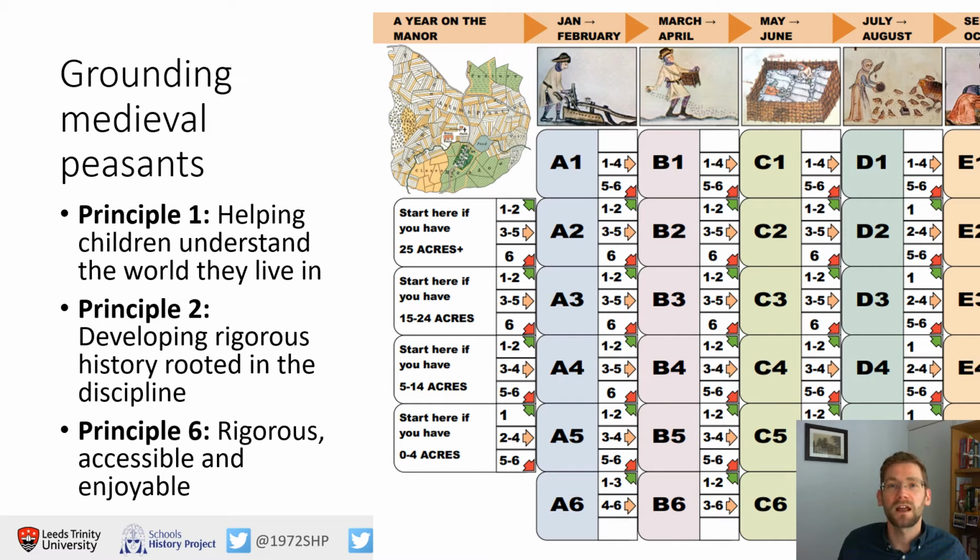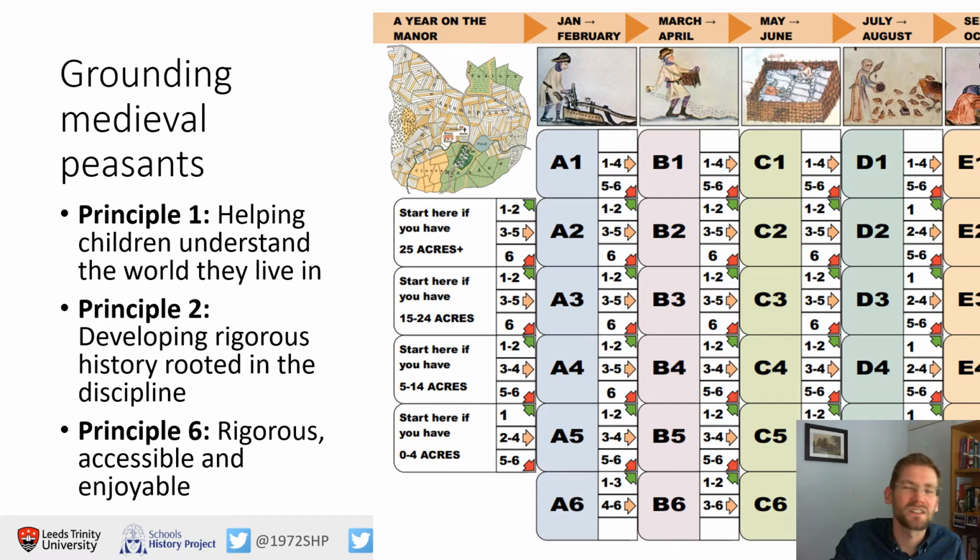If we can understand diverse peoples in the past and the things that motivated people who are very remote from us in time, hopefully it also helps us engage with and understand people who feel very remote from us in the present day. And I think that's a very powerful aspect of history, which we're getting through here as well. So there is a whole range of principles for me that this kind of activity supports,